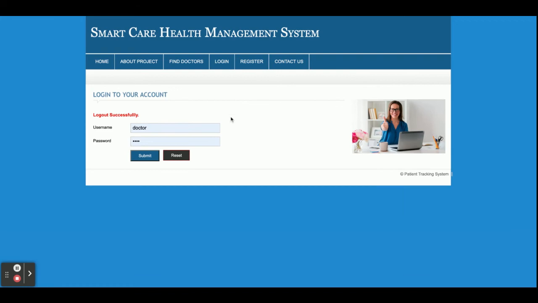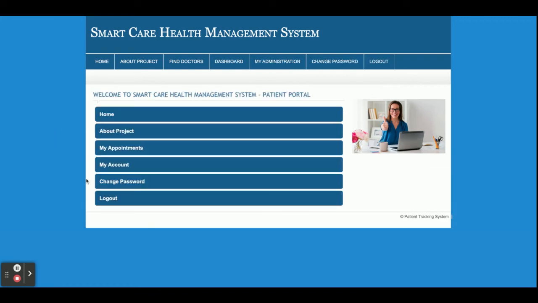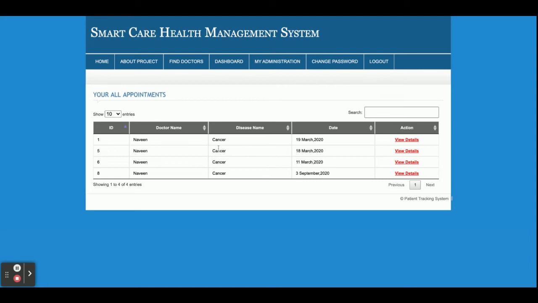But if I log in as a patient, then you can see the dashboard menus are different, right? Because it's a role based system, even the header menu is different, because it renders according to the session. It's a session level menu. Here patient can see all of his appointments.